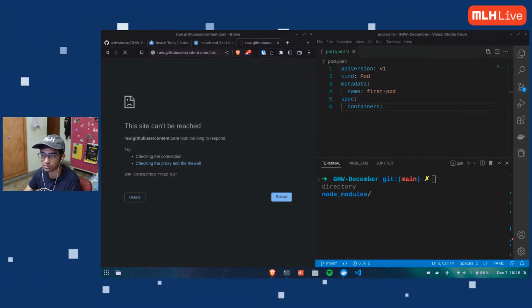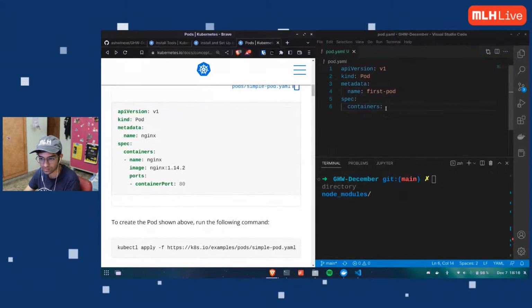Okay, that's cool. Oh, we're back. Fine. So we have containers here. Here I'm about to define my containers. Again, there will be a list of stuff that I want to define, like name, image, and the ports. So that's why hyphen space.